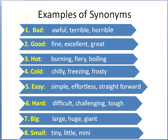Examples of synonyms. I have a list for you. Let's read the following examples. Number 1, bad, awful, terrible, horrible. Number 2, good, fine, excellent, great. Number 3, hot, burning, fiery, boiling. Number 4, cold,